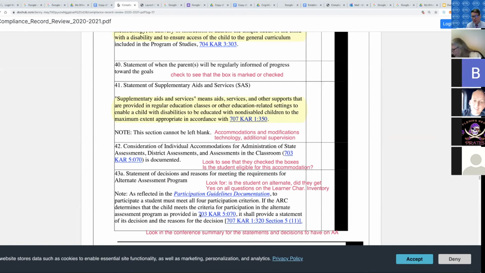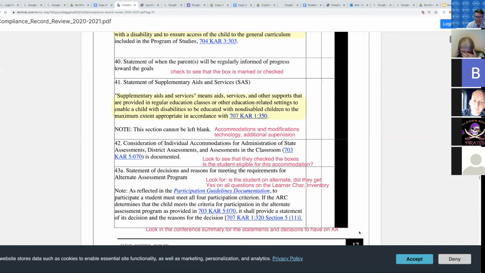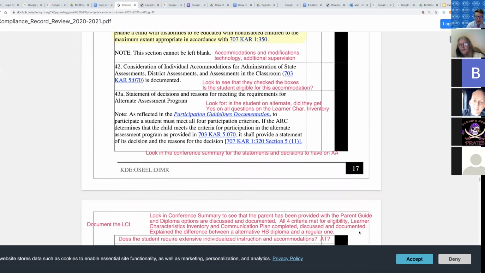We're being monitored, so if you over-identify or over-represent and go over 1% of your population, you're going to get dinged. You're going to have a citation, a desk review, an audit, a cap. We just went through this not too long ago, and we want you to realize that there is a guidance document on Katie's website around this, and it has a flow chart for ARC. And you're basically looking at things like, each and every time, did we discuss